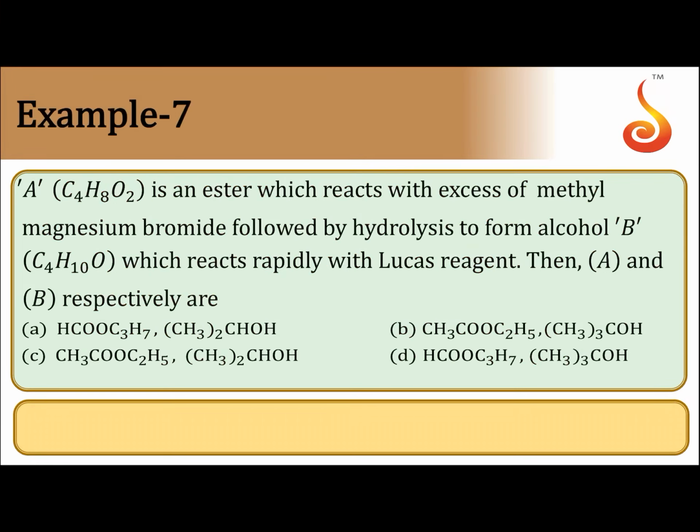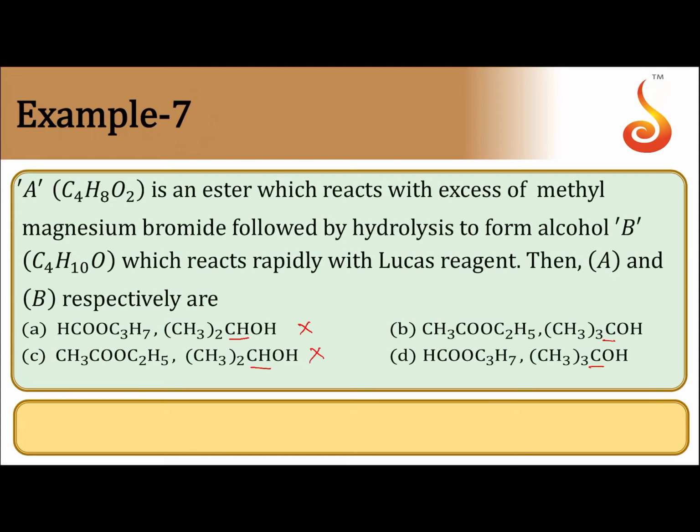So now let us go back to the equation and find out among the options which is tertiary alcohol. Again I am repeating, ester is treated with excess of Grignard's reagent followed by hydrolysis means directly we will get a tertiary alcohol. So if you see this option, there is 1 hydrogen, so it is secondary alcohol. This option also there is 1 hydrogen, secondary alcohol. This option and this option, there is no hydrogen, so these two are tertiary alcohols. So option A is ruled out, option C is also ruled out. Why? Because the final alcohols obtained here are not tertiary alcohols.